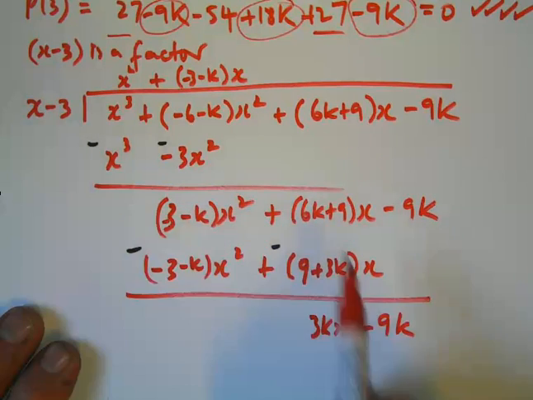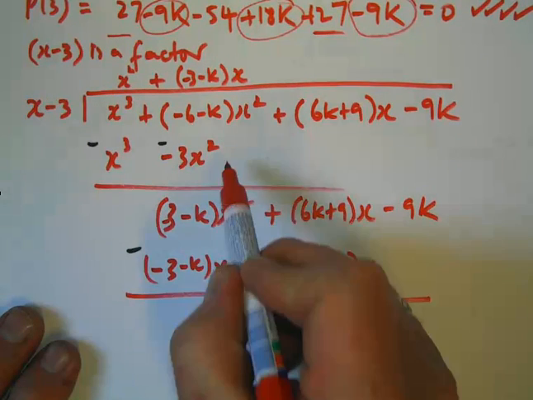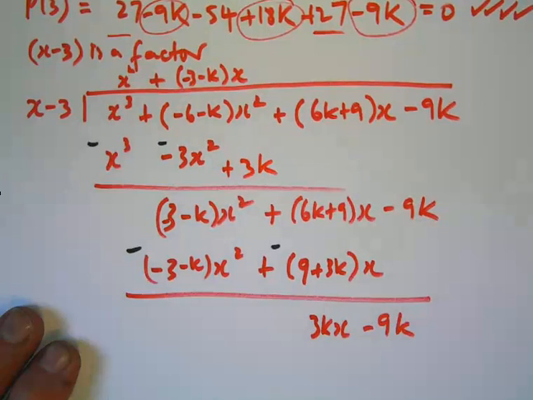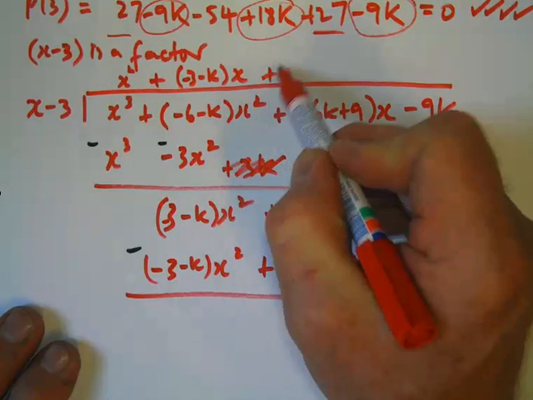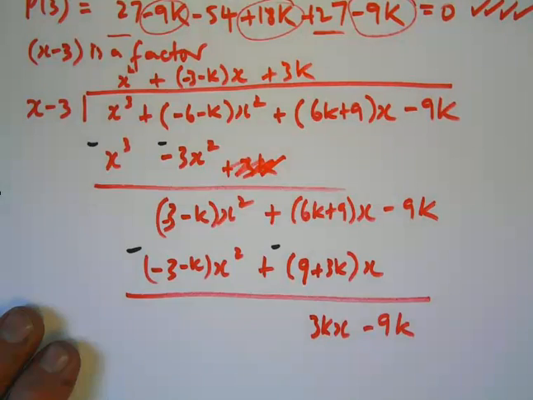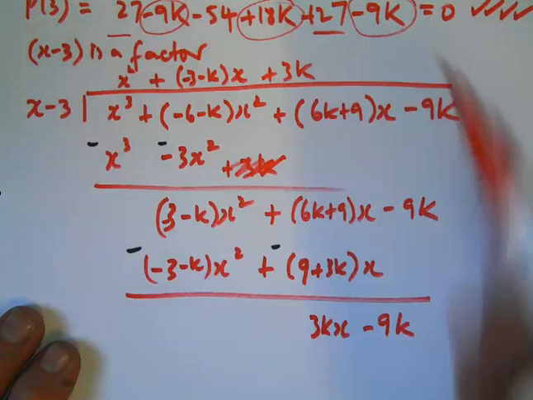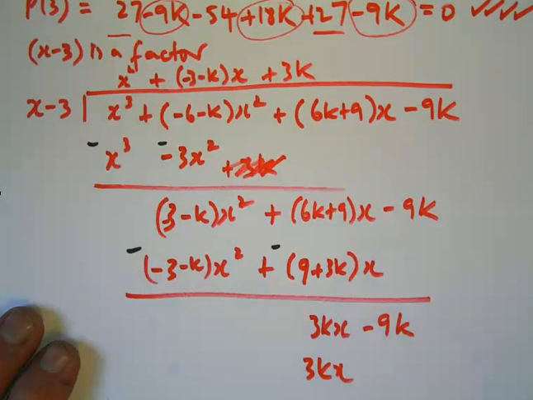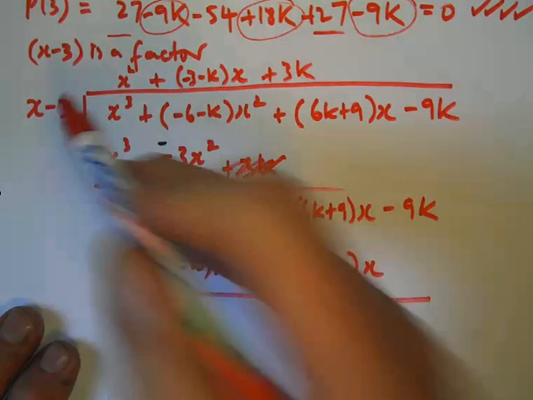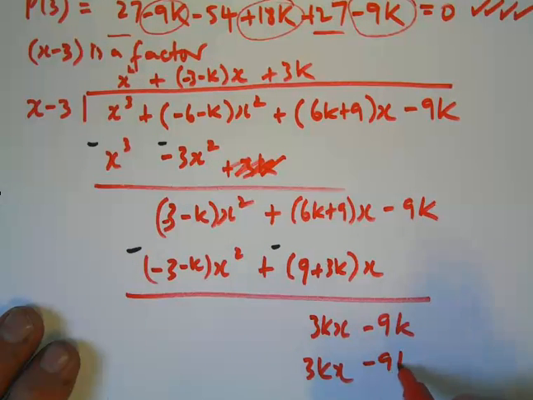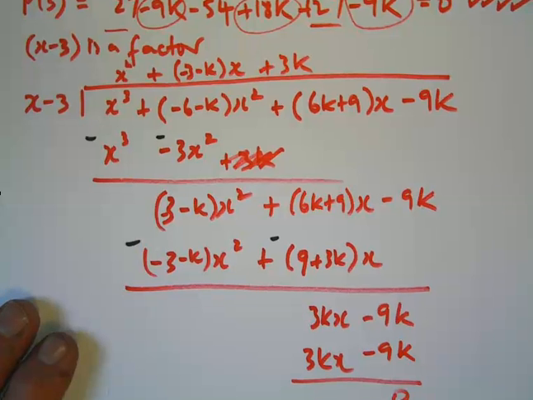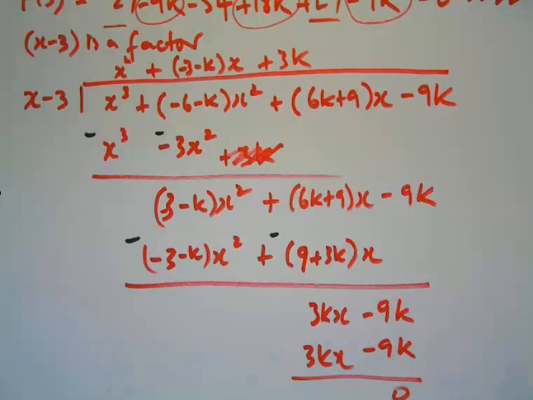X goes into 3kx plus 3k times. 3k times x gives 3kx. 3k times minus 3 gives minus 9k. And of course I get a remainder of 0. That's what I expected. So that gives me the factors, and the factors are